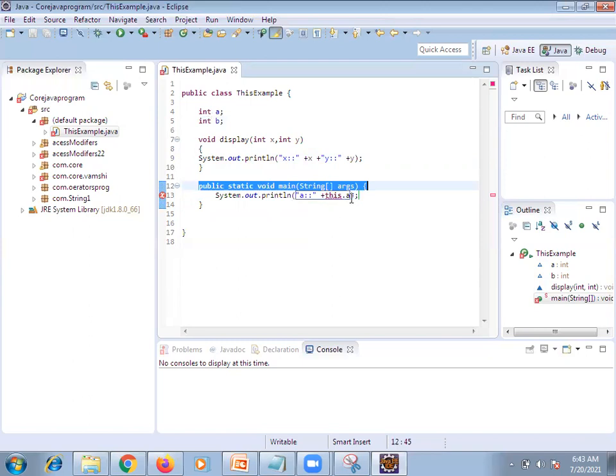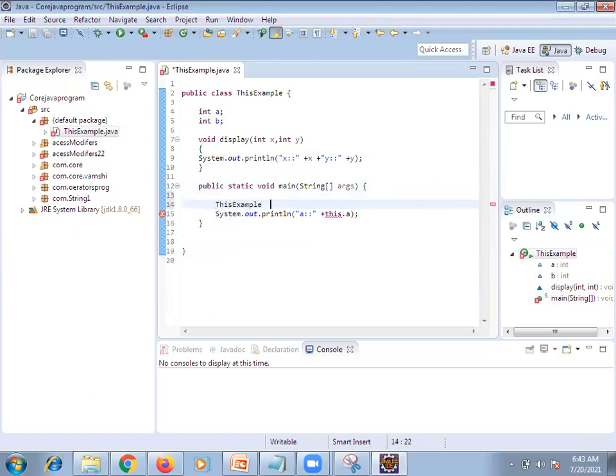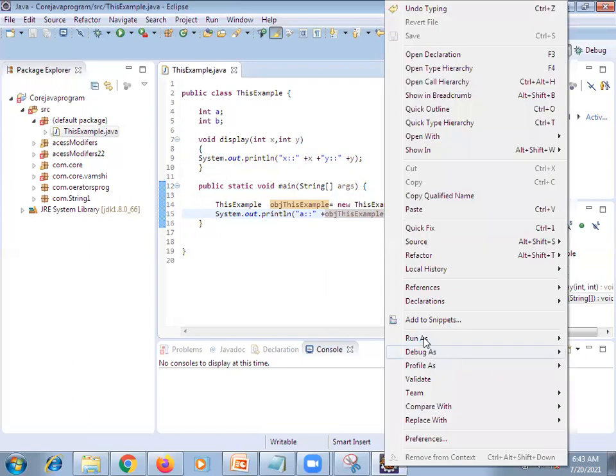Now let's take this object. Now we are able to call.